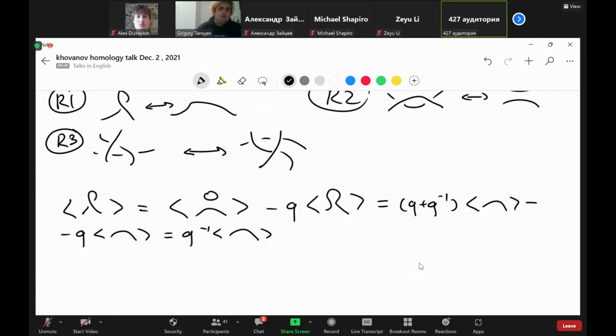Once again, how did we get q plus q to the minus 1 and redraw? Well, that's by the axiom, because we have a disjoint union of a circle and this thing here. And we had an axiom that the Kauffman bracket